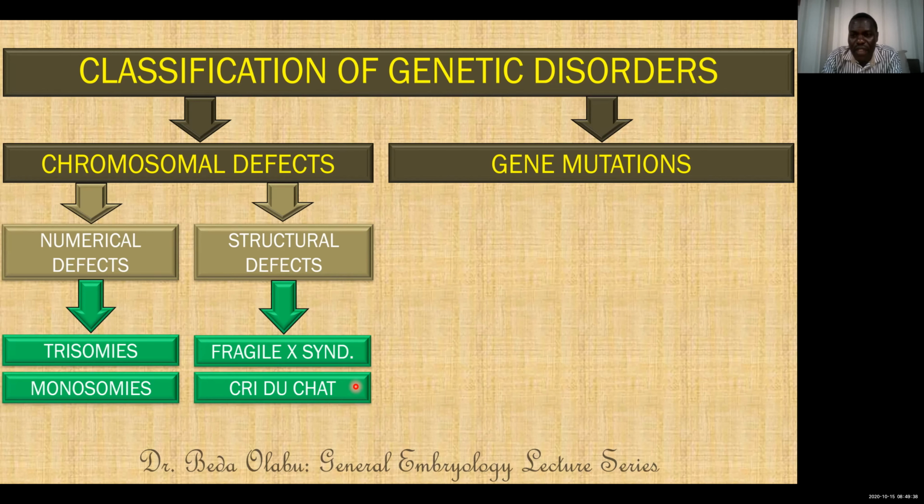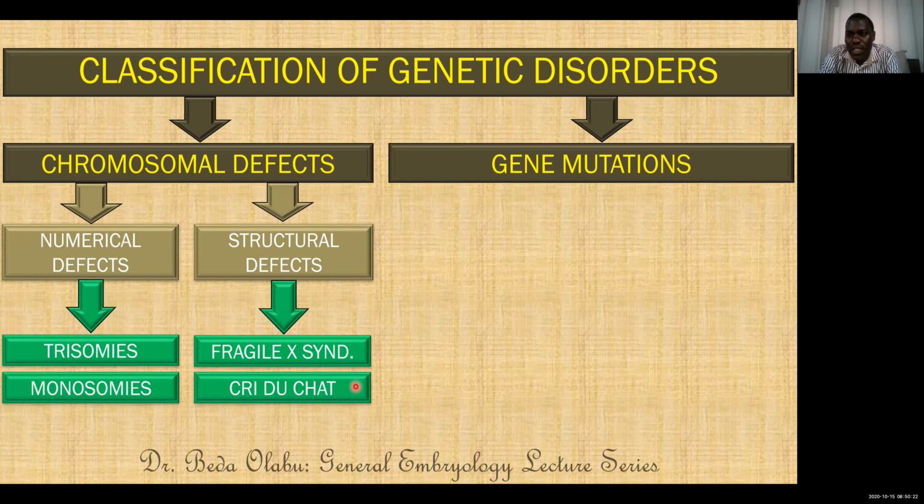Then on the other side, we can have gene mutations. What's mutation? Mutation is alteration in the base sequence of a gene. Remember, bases are those things like cytosine, thymine, guanine, and adenine. Usually there's a particular order in which the bases should be for each gene. Remember, gene is a sequence that codes for a single protein. The sequence of bases in the DNA that codes for a single protein is a gene. So if you have alteration in the base sequence of a gene,